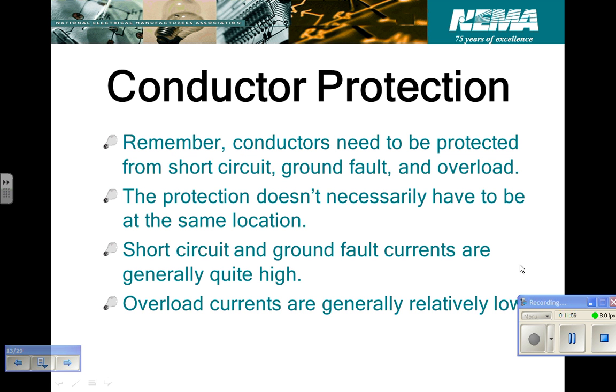Short circuit and ground fault currents are generally quite high. A short circuit is going to be a very short, very high current blast. It's like if you have a fire hose and you have it capped off on the far end, but you've got that nice cloth hose, this 3-inch hose, and it straightens out in a rigid form because the fire hose is under